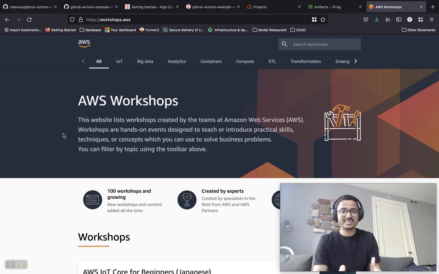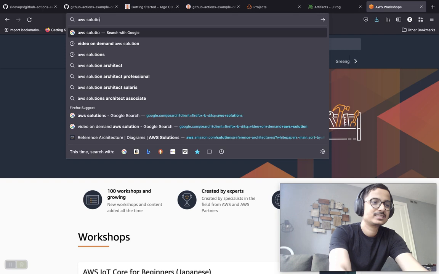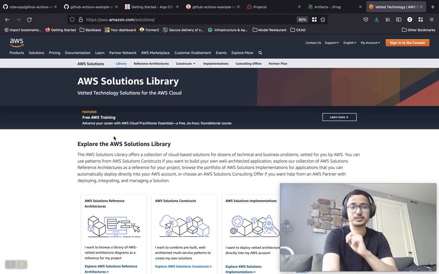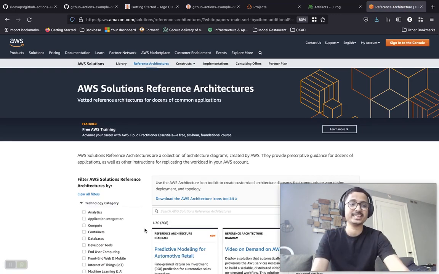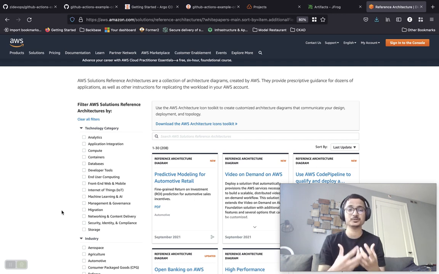So do more practicals and also take a look at the AWS Solutions page. This is pretty amazing, both the workshops and the solutions page. This helps you become more of a solutions architect. Take a look at all of the different solutions architecture diagrams here and at those reference diagrams. Probably create some of that infrastructure in your AWS account. Analyze how each and every configuration has been done and what use cases are being covered. Then you'll get a ton of knowledge.